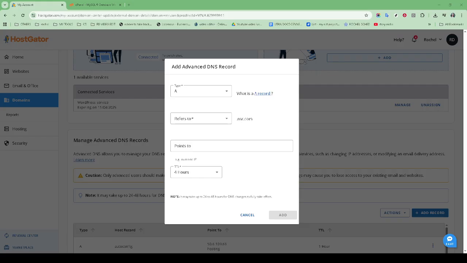The final check is to test your website. Open up your browser and navigate to your domain. Everything should load just as